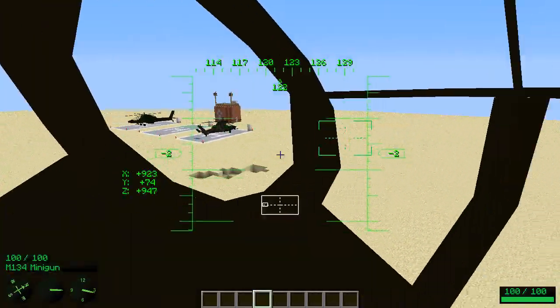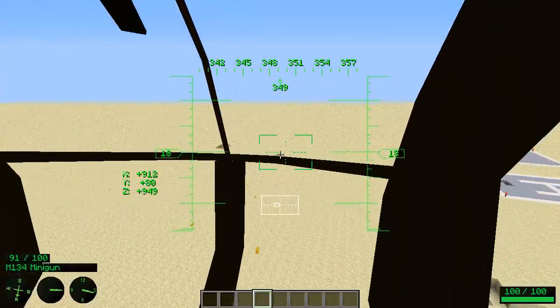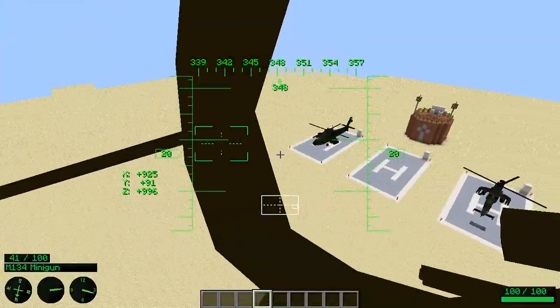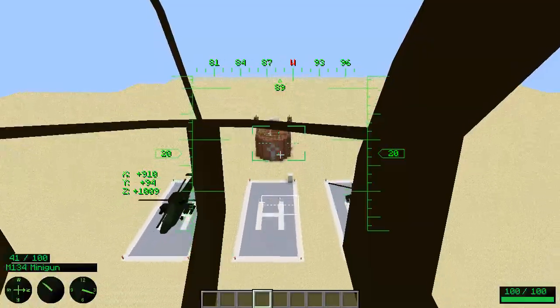And you can't actually change weapons on this one either. So all you can do is, you can't destroy the terrain, but you can still lay the hurt on so many mobs at the same time. So let's try and land this bad boy. I think we're going to...